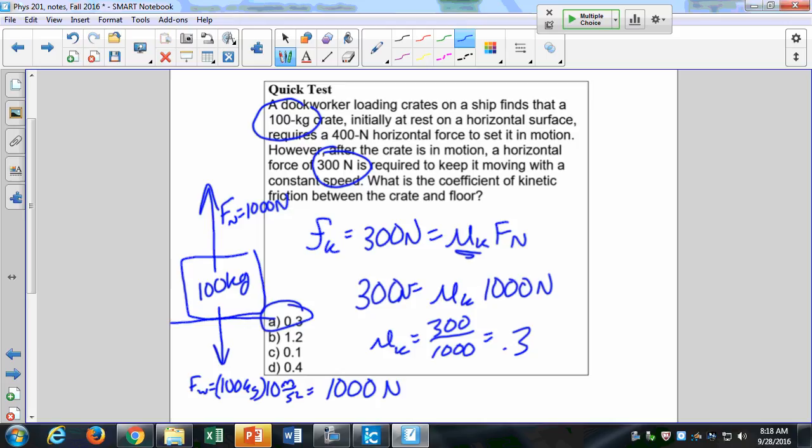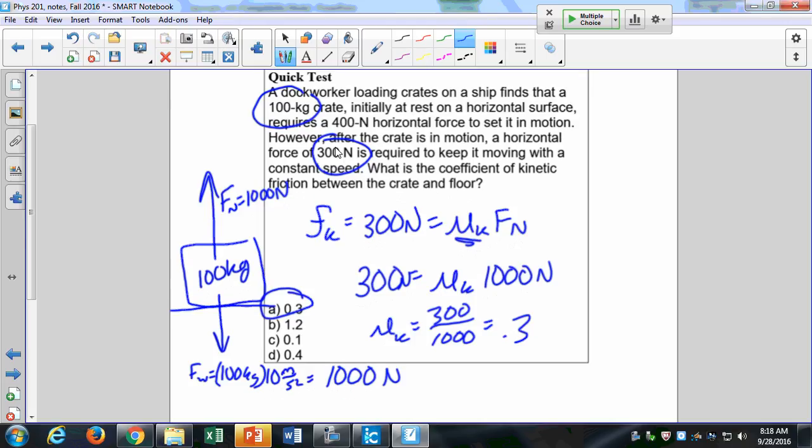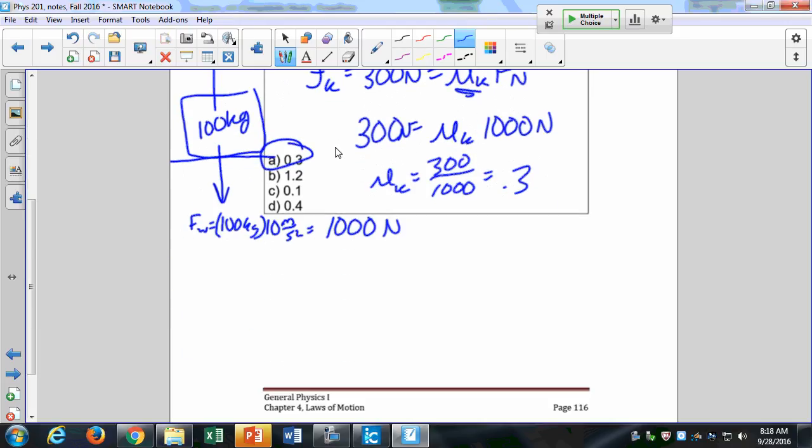It's always found experimentally. You'll determine it in lab. All you do is you measure the normal force and you measure the frictional force, and boom, you got your coefficient. So there's no fancy magic to it. You're just measuring what that coefficient is. Okay,